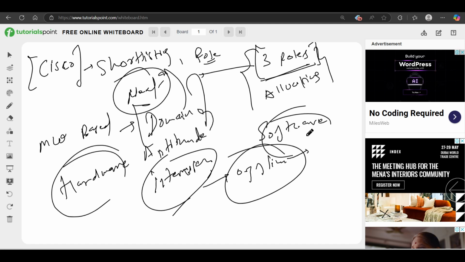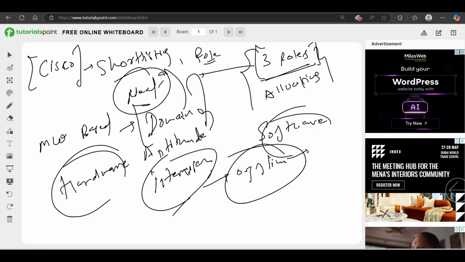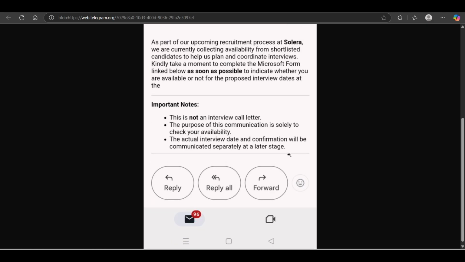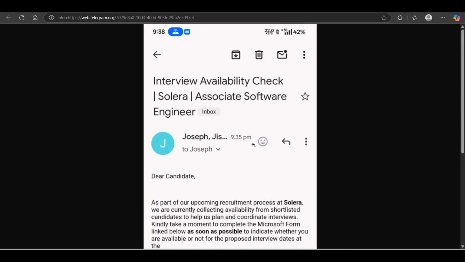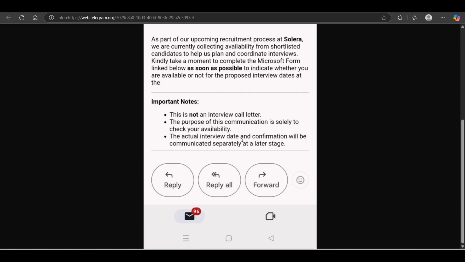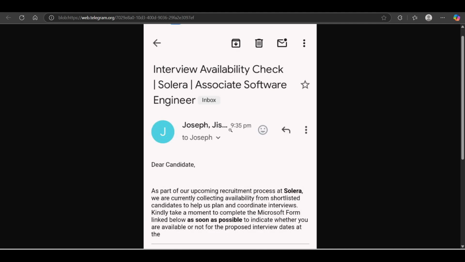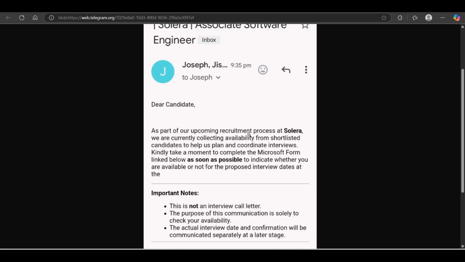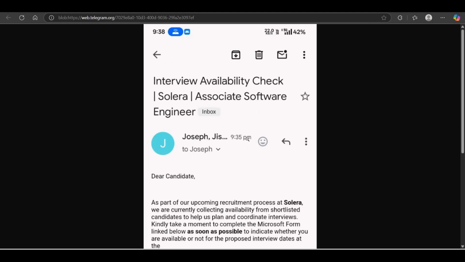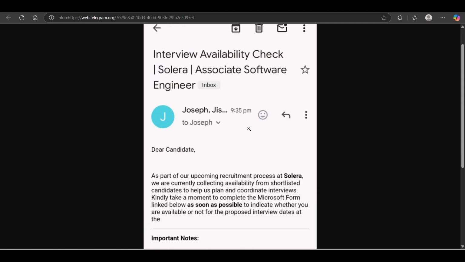Otherwise, take your decision whatever you want. How much this means to you totally depends, if you want to go or you don't want to go, if it is far from your home. Also, as I said earlier, many students started getting the mails for the interviews only, and some candidates had their interview also. So if you got something like this, you can just tell me in the comment section.